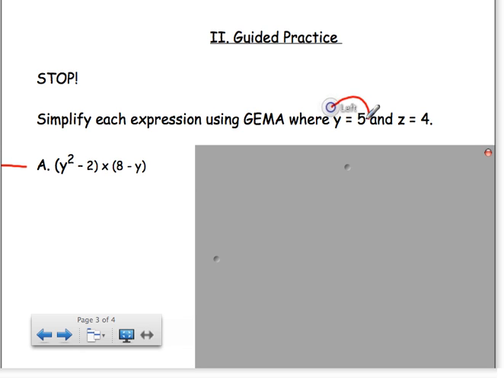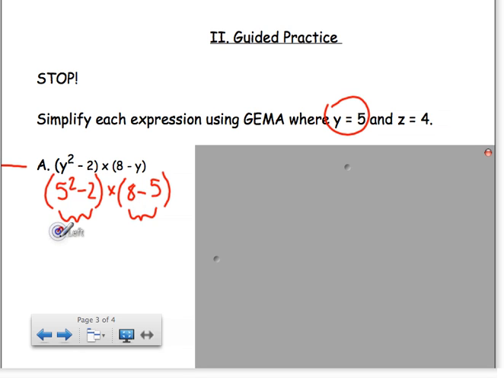You know that y equals 5. There's no z, so the only one I care about is substituting y equals 5. That means the very first thing you should have done is substitute it in. Instead of y, you write 5. So that's 5 squared minus 2 times 8 minus, well, y was 5. Your first step is grouping symbols, so you have to do what's inside these grouping symbols and what's inside these grouping symbols. Inside the first set of grouping symbols, you have 5 squared, so that's 25 minus 2